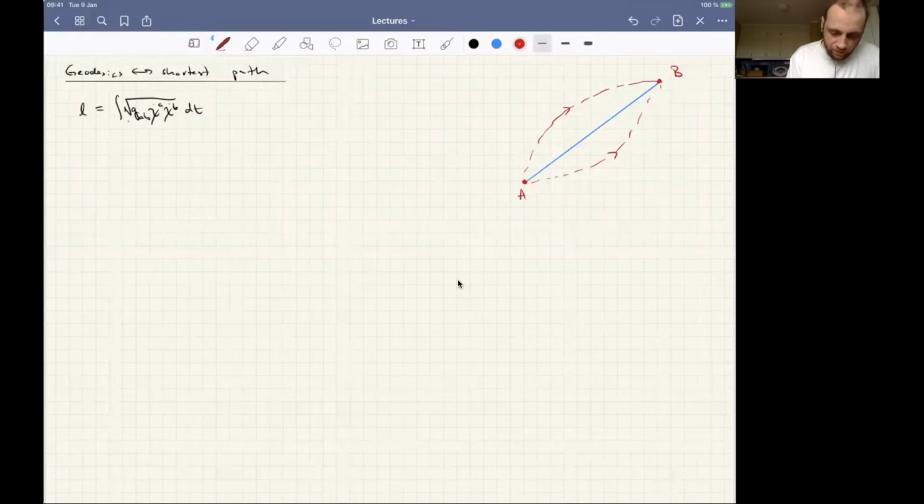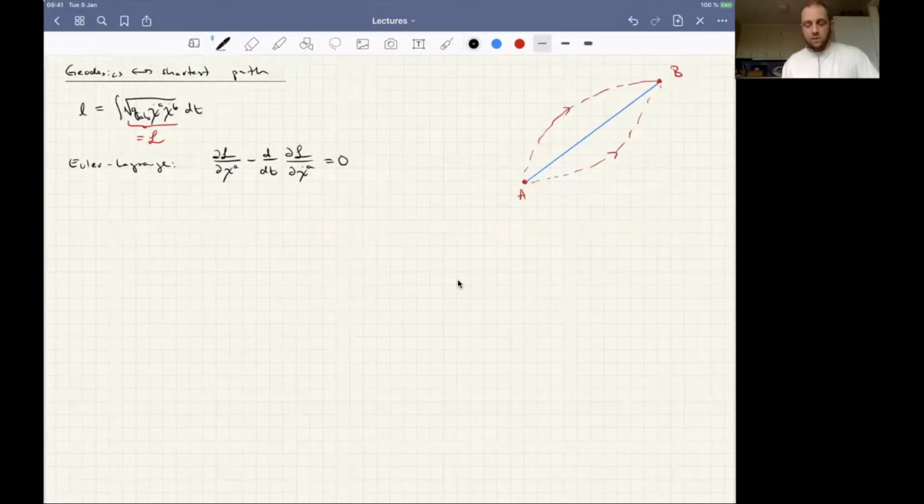So I'm going to call this L, and the Euler-Lagrange equations are now going to tell us that dL/d chi A minus d/dt of dL/d chi dot A should be equal to 0. And this should be true regardless of what A is. And if we perform this derivative,